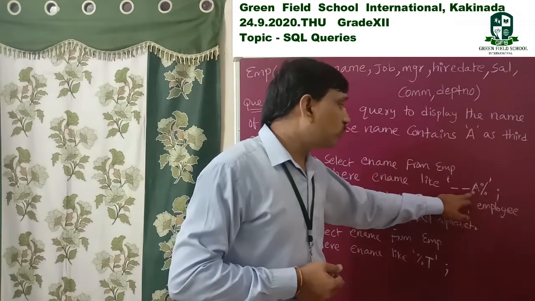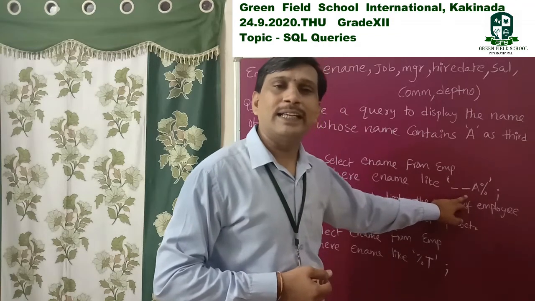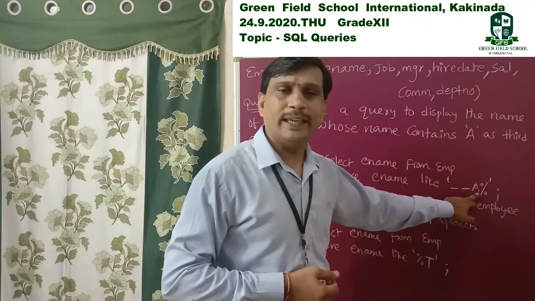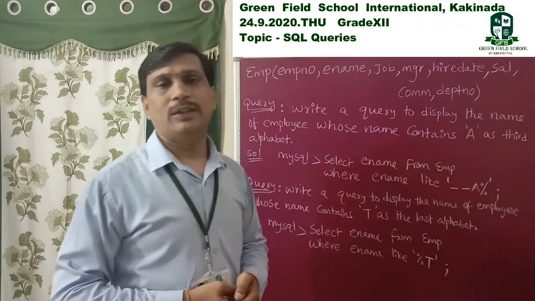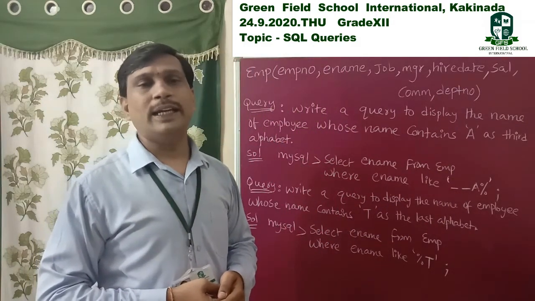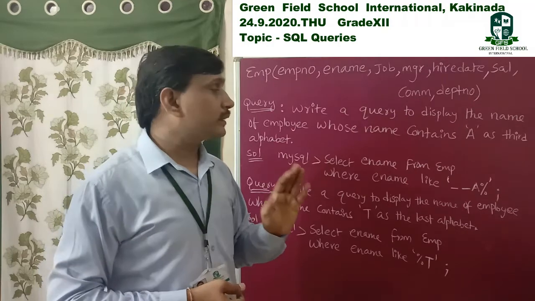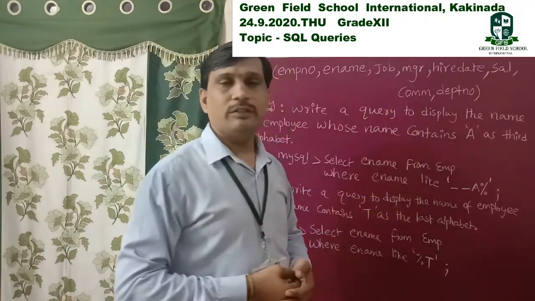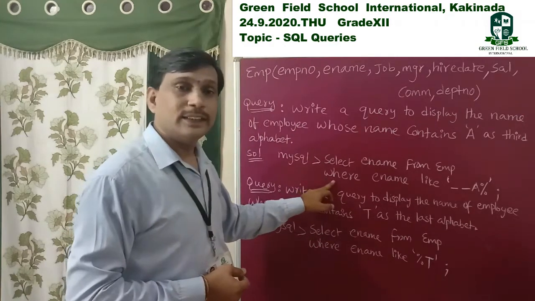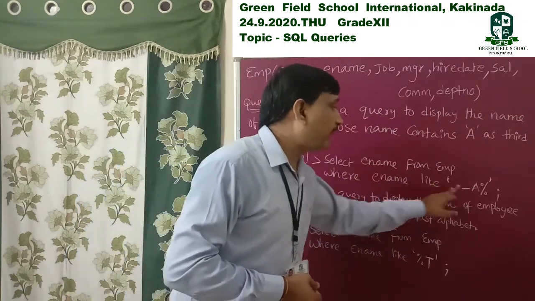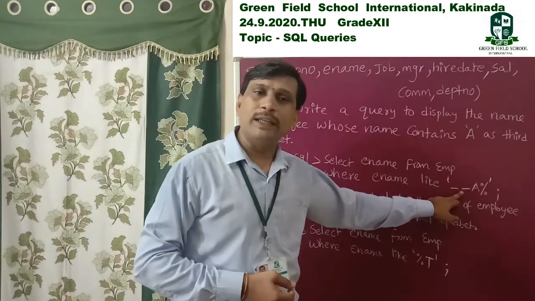So those names having the third letter as capital A, before capital A they have any 2 letters. In that table, when inserting, they are specifying here the condition: those that satisfy this pattern, third character capital A.